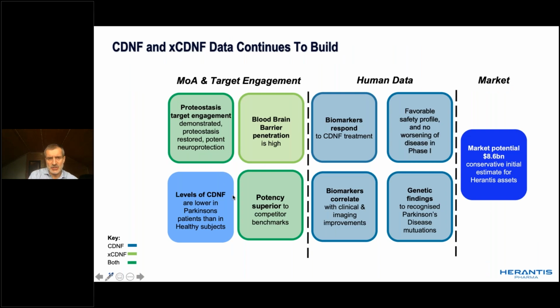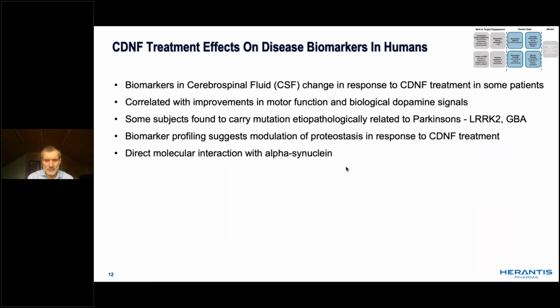So that has given, hopefully, a useful flavor and context as to the increasing validation and understanding and data generation that we've achieved regarding the mechanism of action and engagement with the disease mechanisms. I'm now going to talk a bit about the human data, and this gets even more exciting because what we've observed and generated is that in patients that were treated with CDNF